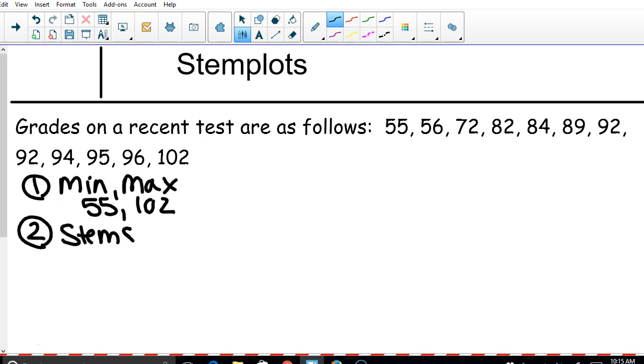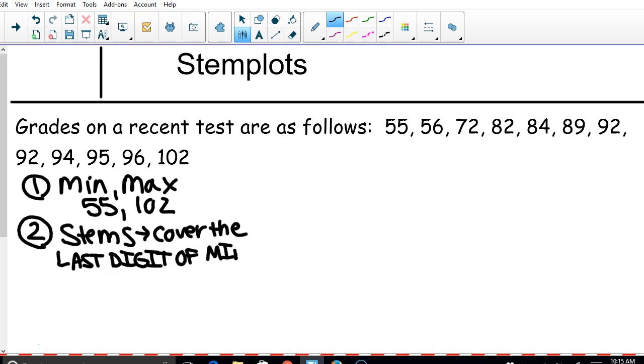In order to determine our stems, we need to cover the last digit of your min and your max. And these are our stems. When I cover that last digit, I'll use a highlighter to do it so you can still see the numbers. I'm left with 5 and 10. That means my stems go from 5 all the way to 10. So my actual stems for this problem